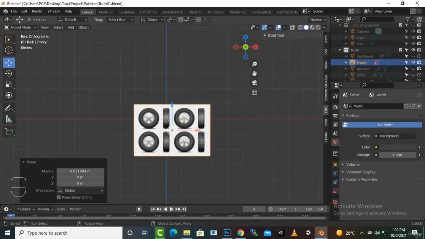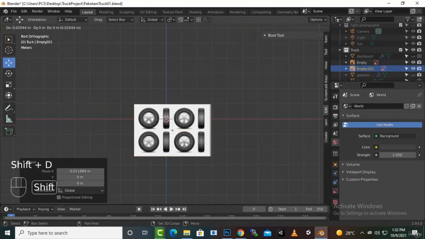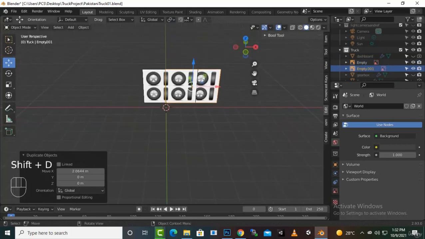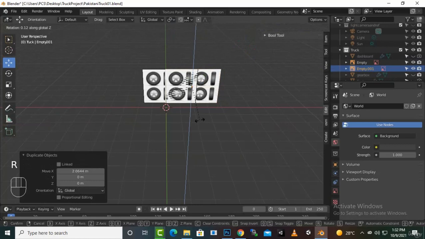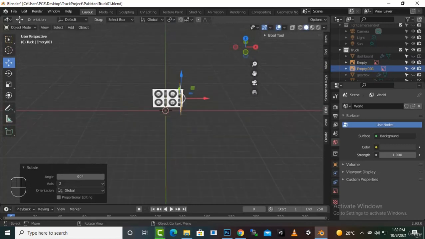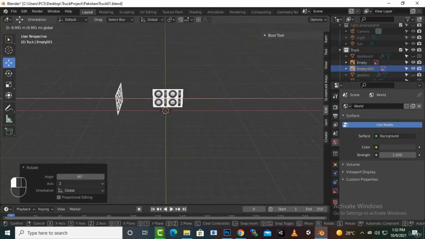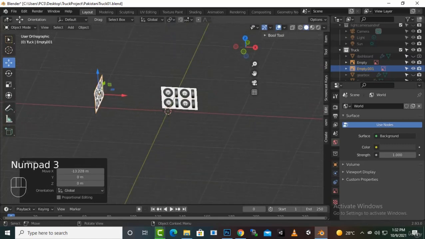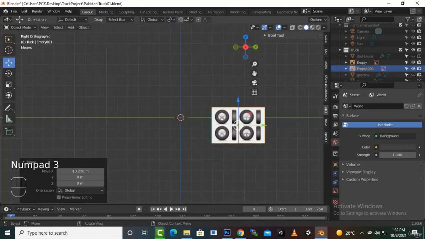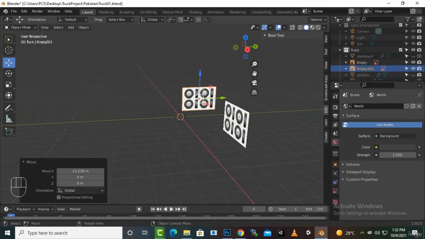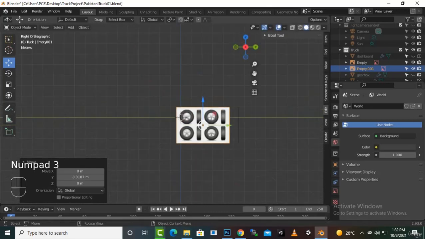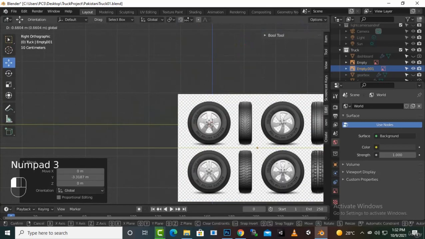And now we will duplicate the same image, and we will press R Z 90 degrees, click here, and now we'll place it here maybe. If we press 3, this will be the side view. Yeah, this is the side view, so we will press 3 and add it in the